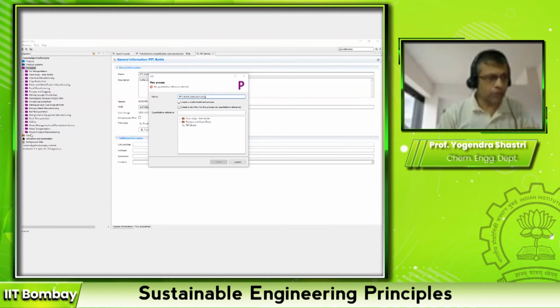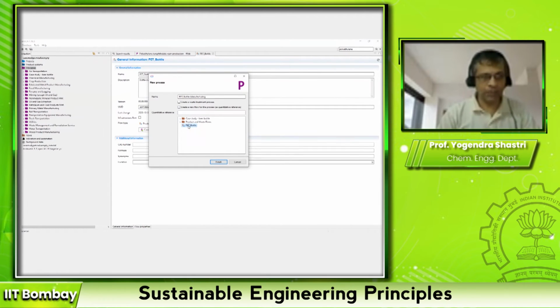So whatever flows you have under this tab will all be available for selection here. Okay, so you may have an already existing flow that you want to connect, or in this particular case, we want to connect a specific flow that we have created. Okay, so we have to select that. So what we are saying is that there is a process which is PET bottle manufacturing. That's the name of the process, and it is producing PET bottle.